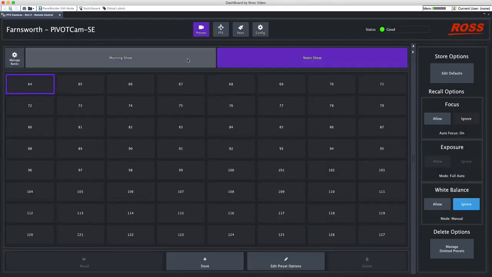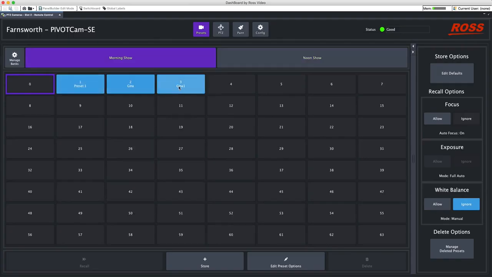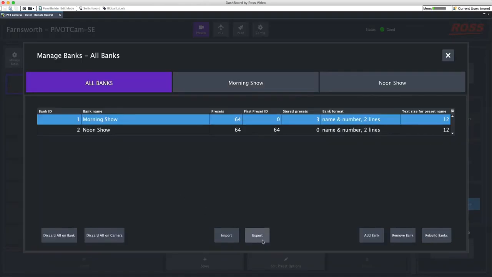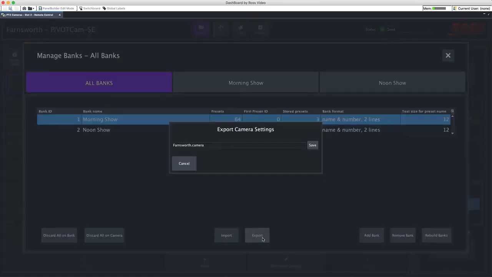So now you see across the top, I have the morning show with the 3 presets I've already made, and then the noon show with 0 presets, that's empty. You can also export this, so if you want to remember the presets that you have and also remember all of the defaults that you saved for those,